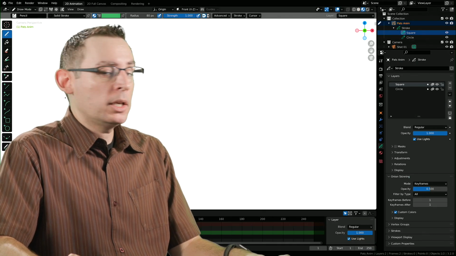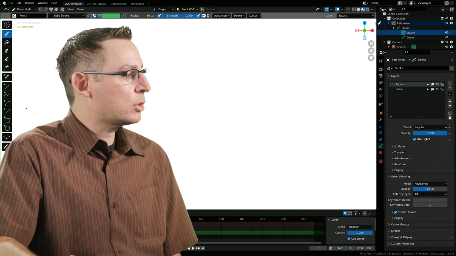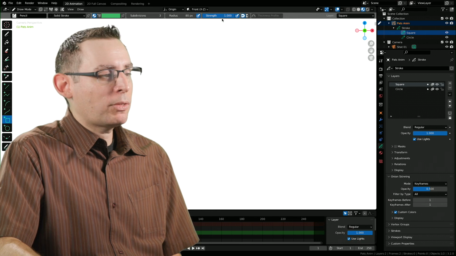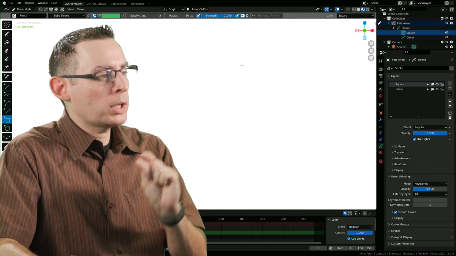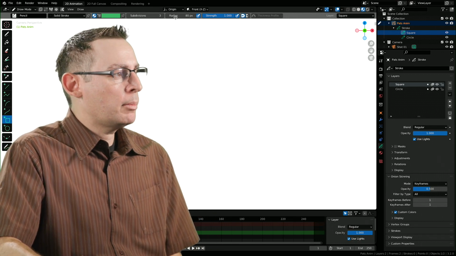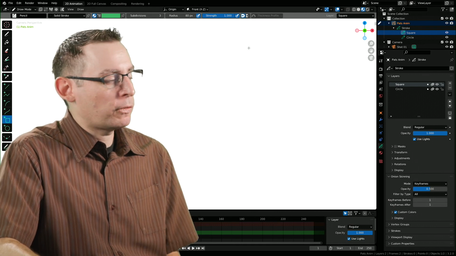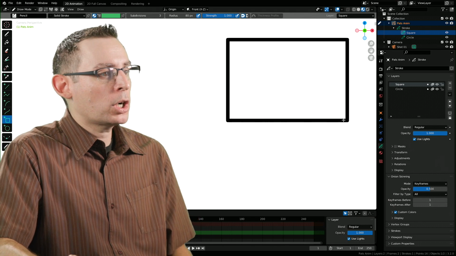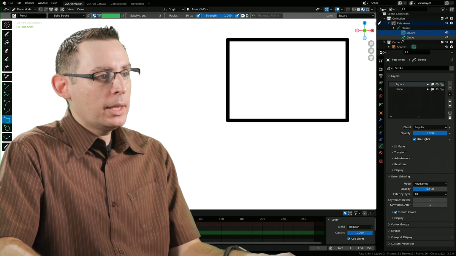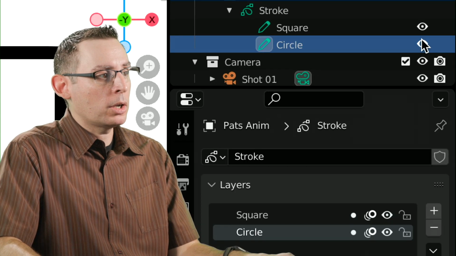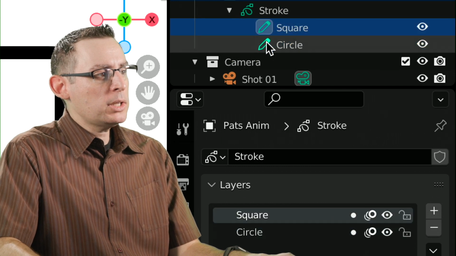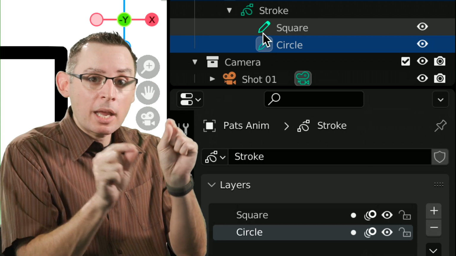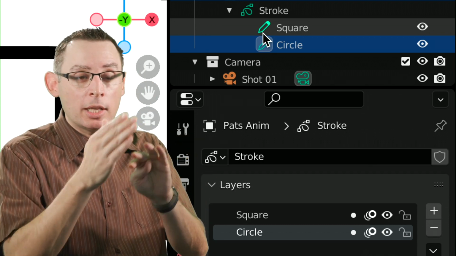I'm going to go over into my toolbar on the left-hand side of the screen and grab the good old square tool. I'm going to ensure that my strength is set to 1, so I'm creating a purely opaque stroke. And my radius is set to 80 just to make it easier for you guys to see what's going on. I'm simply going to make a square by left-clicking and dragging and hitting the return key on the side of my keyboard. In addition, I'm also going to go onto the circle layer. Notice that as I transition between these 2 different layers, the rounded rectangle in the background is changing its position.